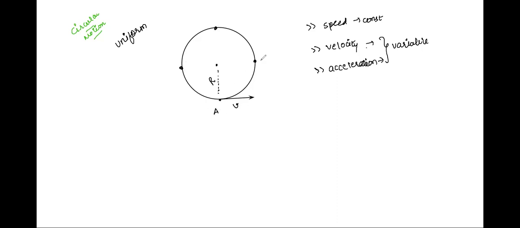Let's say we start from here, point A, this is point B, this is point C, this is point D. Now, just have a look. Let's say the speed is constant and equal to V naught. If I define the right direction as X axis and the top direction as Y axis, and I take the unit vectors along them as i cap and j cap, then can somebody tell me what is the velocity of the particle in terms of V naught, i and j, at A? Monica, would you like to try?